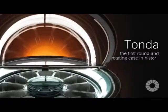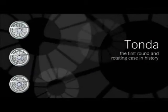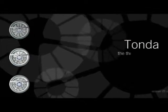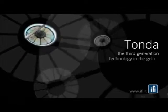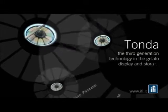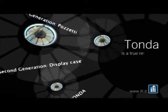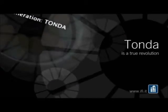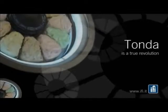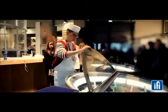Tonda by IFI represents the third generation technology in gelato display and storage, the ideal mix between Pozzetti's product preservation and the greater display capabilities of modern display cases. Tonda is a true revolution when compared to traditional display cases, thanks to its pluses, the way in which gelato is shown, served,